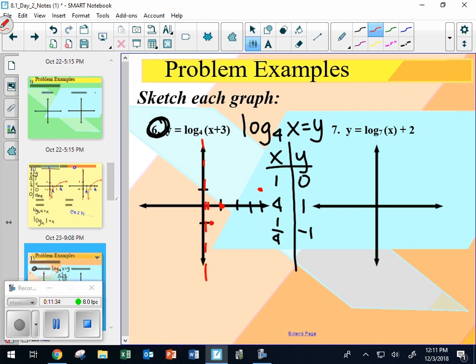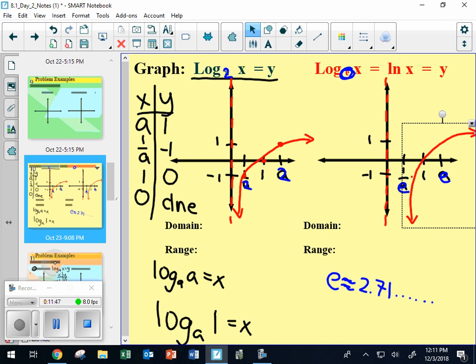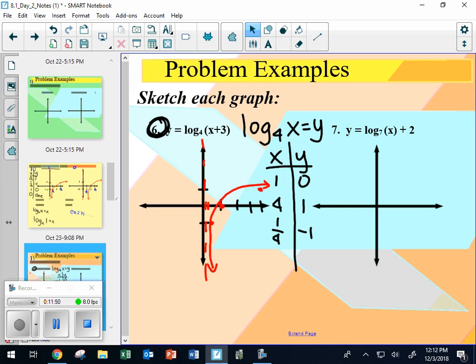X = 0, indeed. So that means that our graph looks like this. Did it change its shape at all from where we had it before? If you look here, and then we look down here, has the shape changed? It hasn't. The only thing that has changed is our values of a fourth and 4 instead of a half and 2, or 1/a and a. Okay, so we have graphed log base 4 of x,